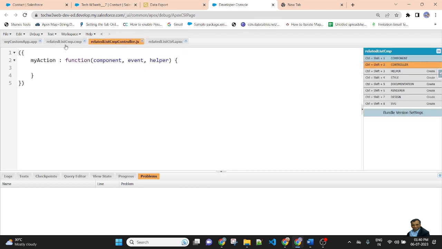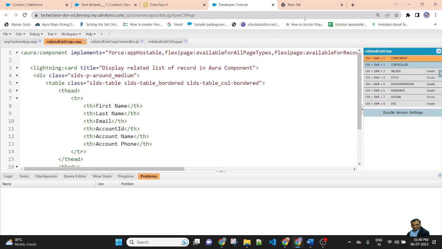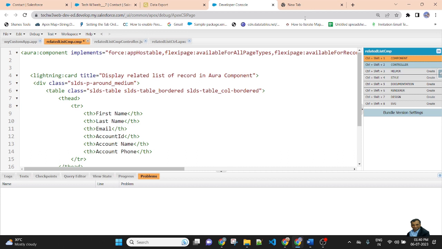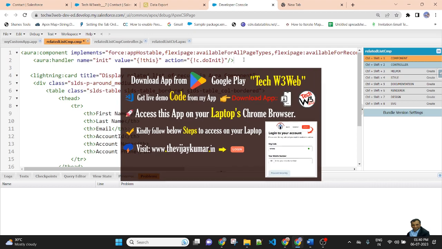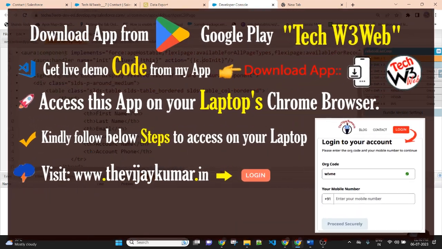Now go to the JavaScript. In this JavaScript, I will create an aura:handler doInit function, with name init and value c.doInit. The function is always defined from c dot the function name. So I am passing the function name doInit and save.